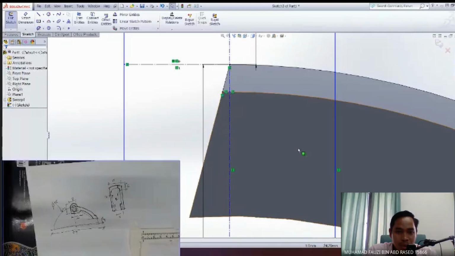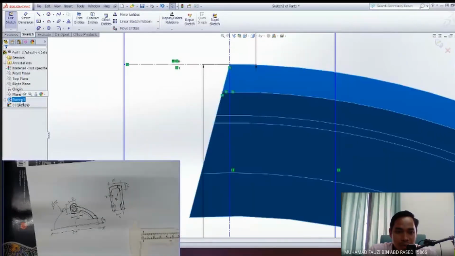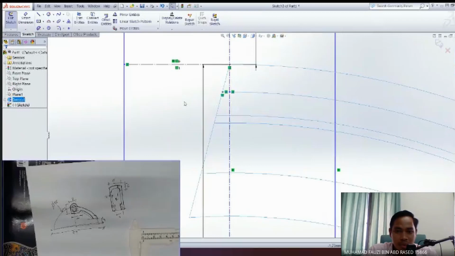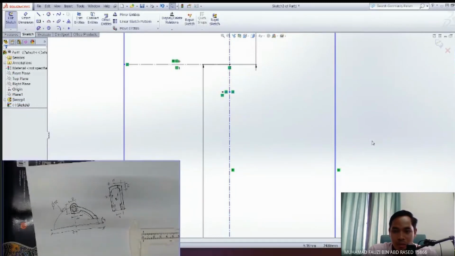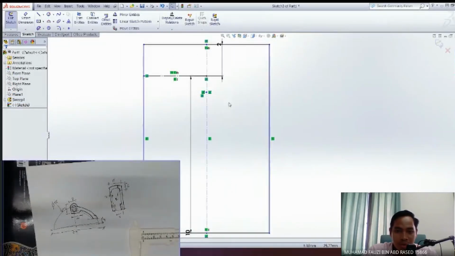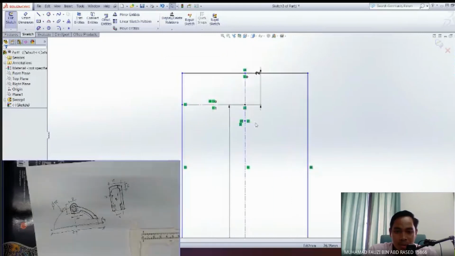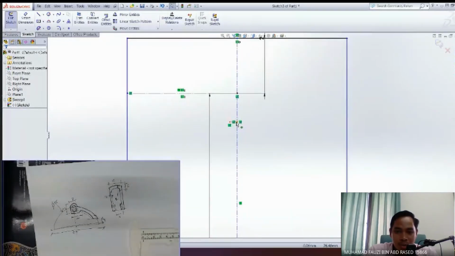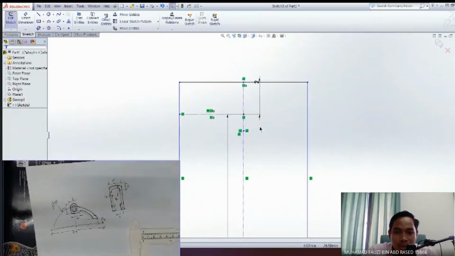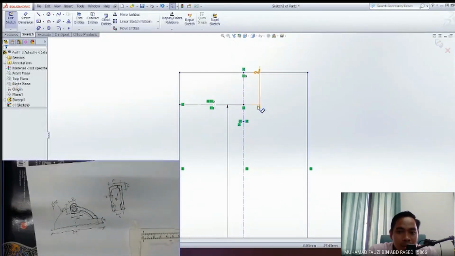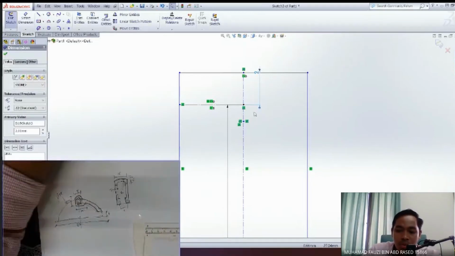So the 3D model that we did just now, you can simply hide, because it actually blocks my view. Okay, just click hide. So you can see here, whenever you click hide, it will hide your 3D parts. Okay, so I want to make sure that this one is going to be the center of my lines. So here is, let's remove this one. Okay, need to